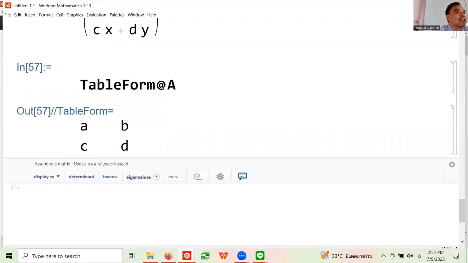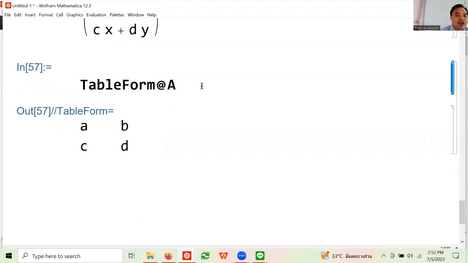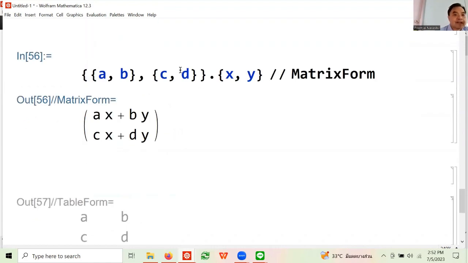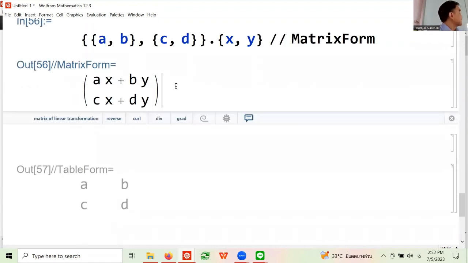A, B, C, D. Okay, and this is just formatting. So this is not this. It's like a presentation. But notice, this thing here is exactly what you would get if you get A, B, C, D, and then X and Y, right? Because 2 by 2 multiplied by 2 by 1 is equal to 2 by 1, right? You know that, right? Okay.